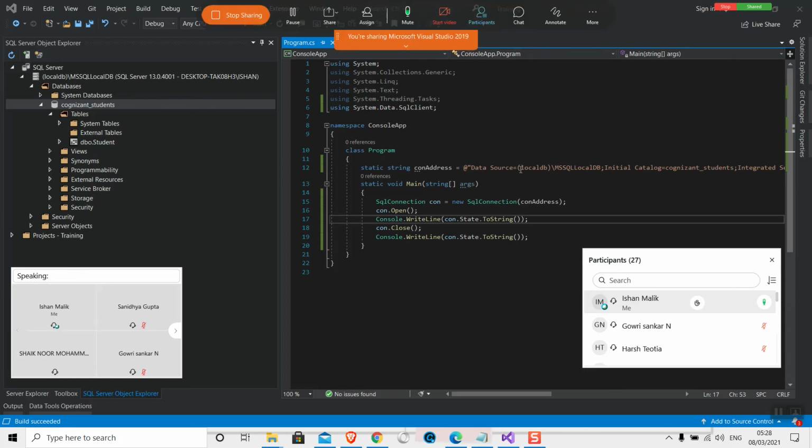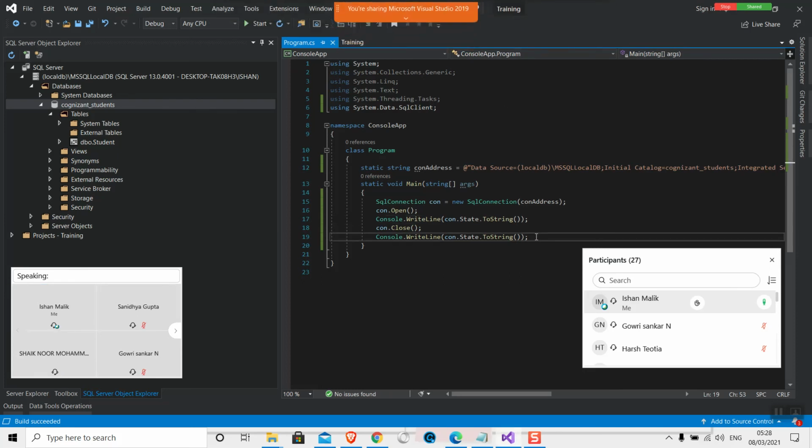Like previously in ADO.NET, we used to use the configuration manager to connect with the SQL string. So here it's not necessary, right? Through the configuration manager as well, you can do that. I mean, things are the same. The connection string, either you define in the app.config or you write here. This is just to show you how you can establish a connection.